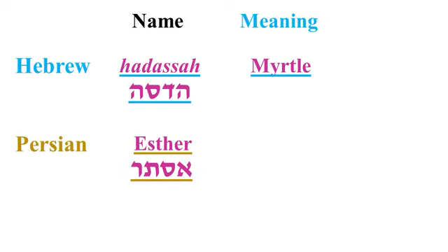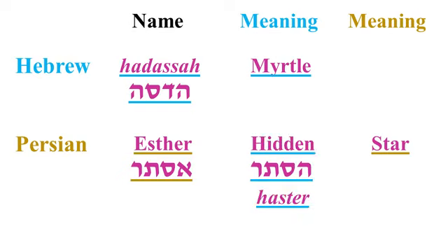And why is that important? Because Esther, when she was taken, she was part of the Jews who they were taken to Babylon, and then from Babylon they were taken to Persia. And her Persian name, they gave her a Persian name, which was Esther. And Esther means star in Persian. Okay? Got it? So there's something hidden right there. Her name is hidden. And that word Esther in Persian means star.